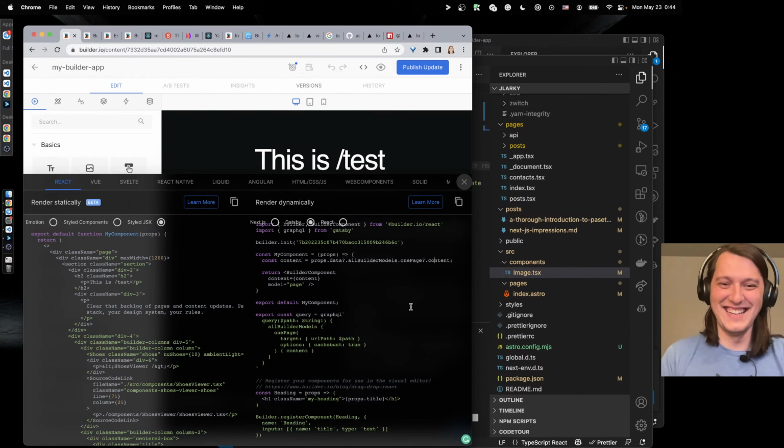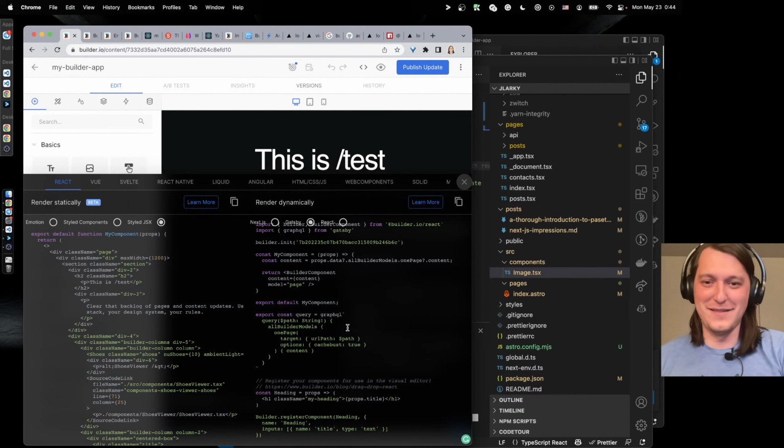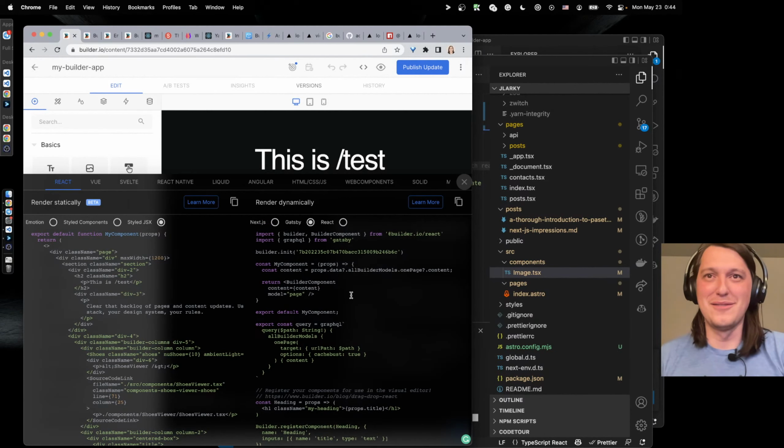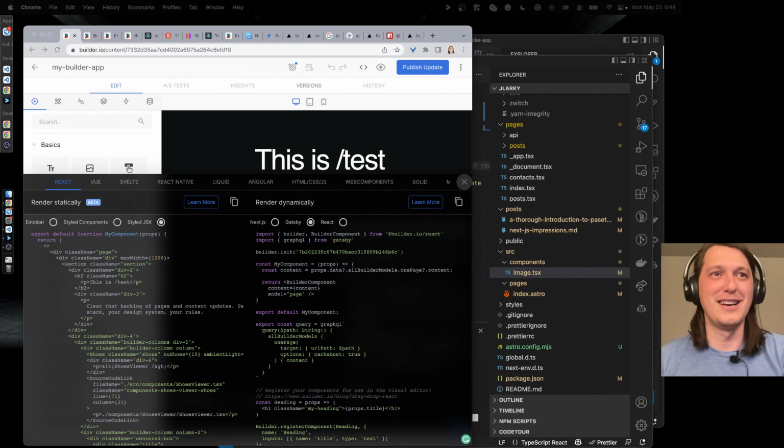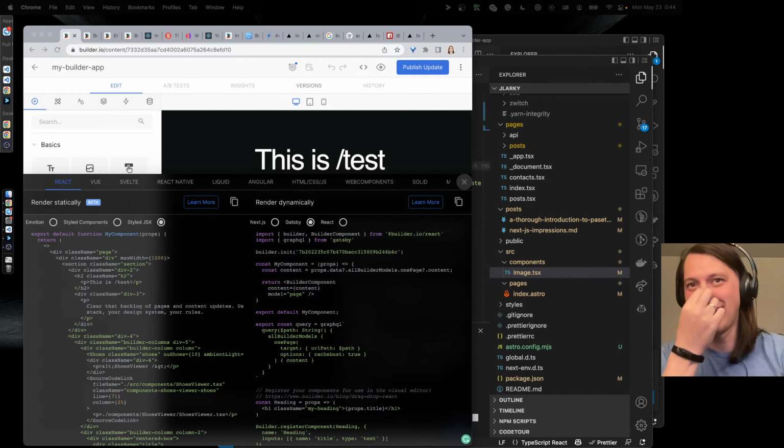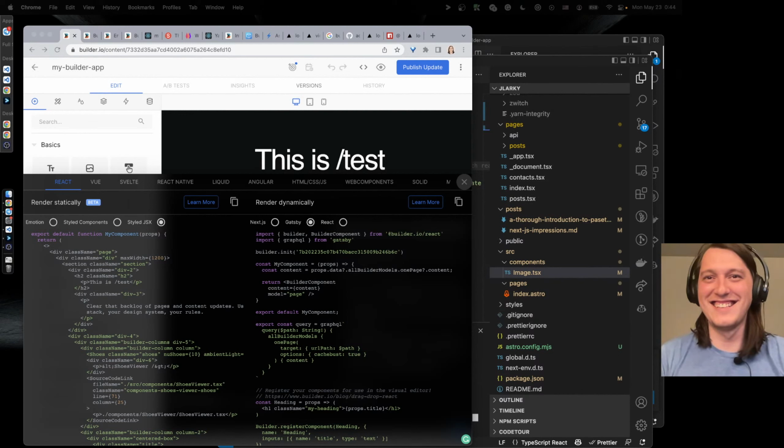Why? I don't know. That's just to say that I was afraid that I would need to learn Gatsby at some point, and I'm glad that it kind of closed, or I guess it's not closed, but it's kind of deprecated at this point. I'm glad that I dodged that bullet.